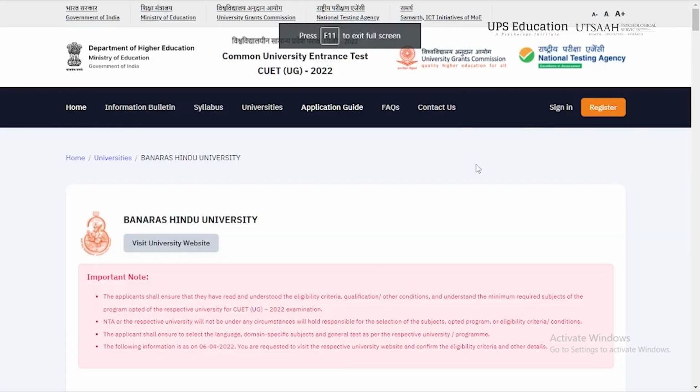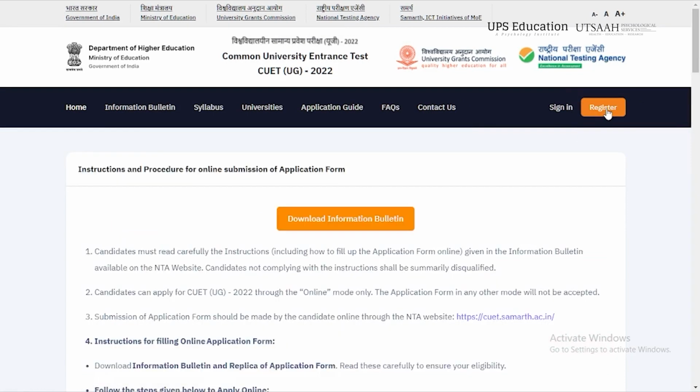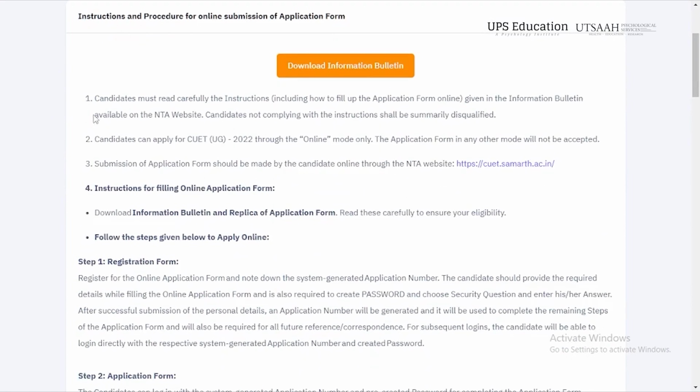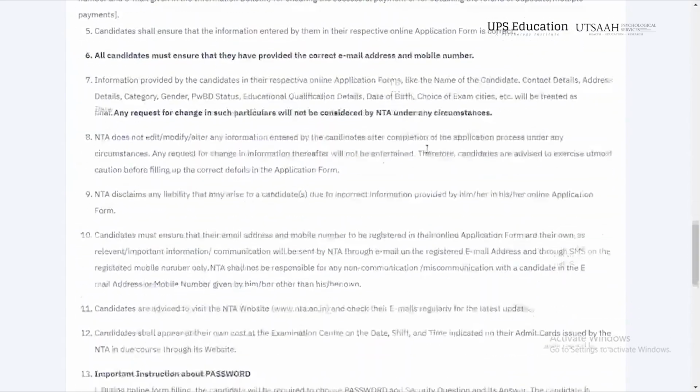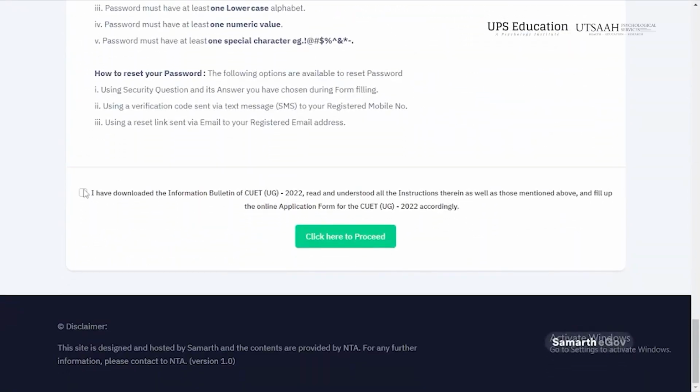So now let's say, for example, I have not visited this website earlier and I'm coming here for the first time. Then I'll click on register. Again, there is an option to download the information bulletin. You can click on this to read more detail. You can follow the instructions given here. Just scroll down and you have to click here. I have downloaded the information bulletin and read and understood everything,